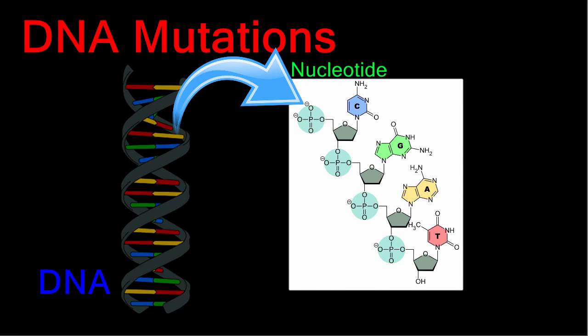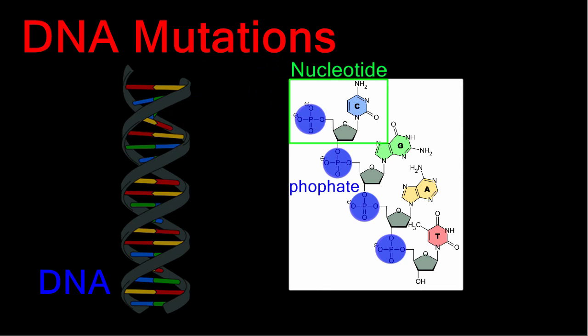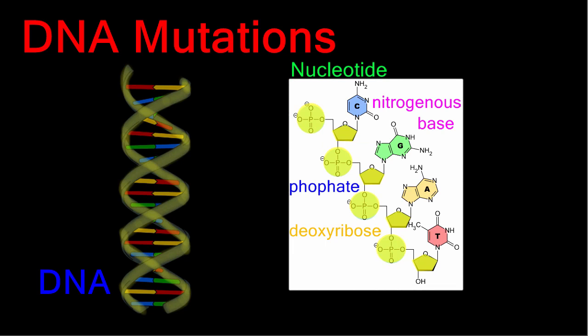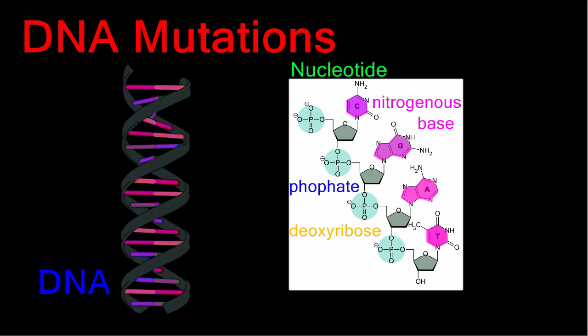DNA is a double helix made up of nucleotides. Nucleotides are composed of a phosphate, a deoxyribose sugar, and a nitrogenous base. The sugar and phosphate are found in a chain on the outside of the molecule and make up the backbone of DNA. The nitrogenous bases like adenine, guanine, cytosine, and thymine stick out in the center of the molecule like